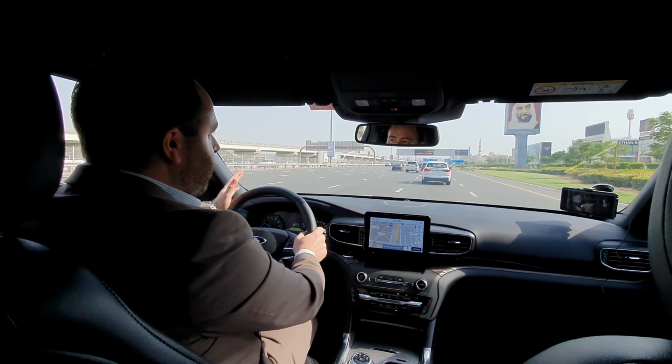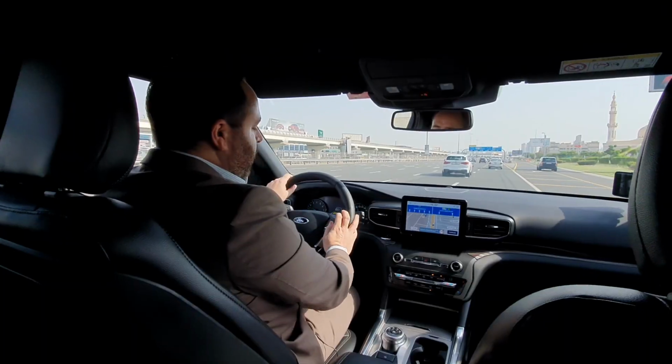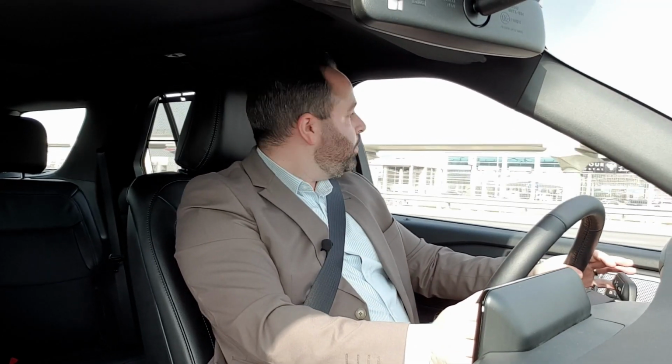So I'm really happy to be behind the wheel of the all-new 2020 Explorer. What I really love about this car is the performance as well as the quietness. So that's partly thanks to the dual-wall dashboard, as I mentioned earlier, and it really means that you don't get a lot of sound on the inside of the vehicle. The tri-zone climate control keeps me really cool. The air conditioning is very powerful in Fords, which is great for the climate in the UAE. Last of all, that 2.3 litre inline 4-cylinder engine sounds small, but trust me,